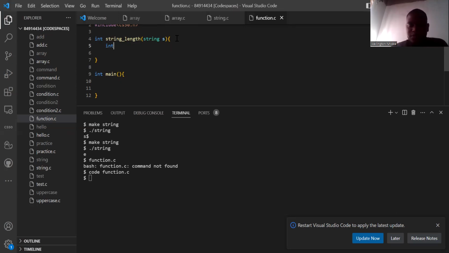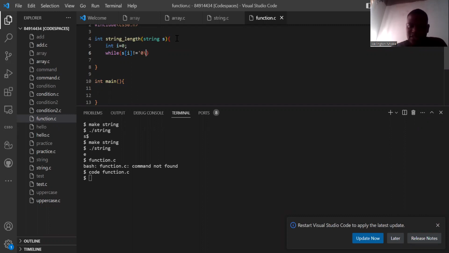Int i equal to 0, like this, and we say while the values that are in that array, the i is not equal to, okay, this value here,